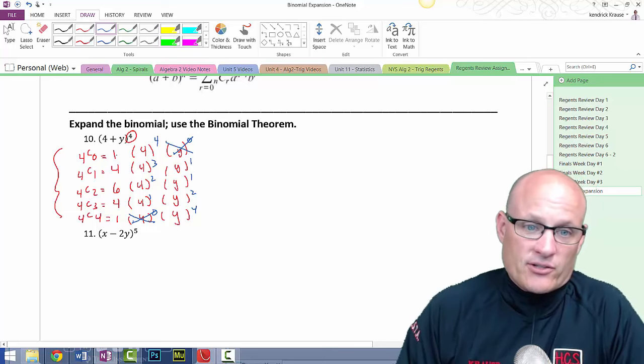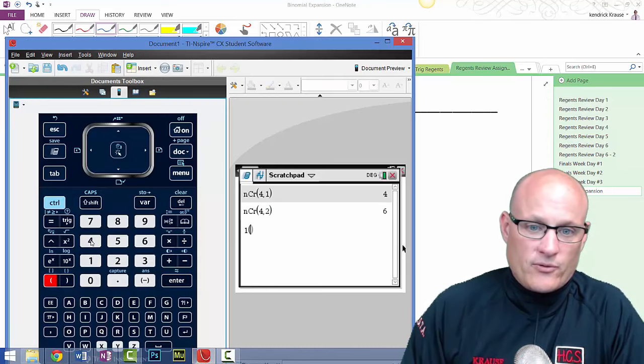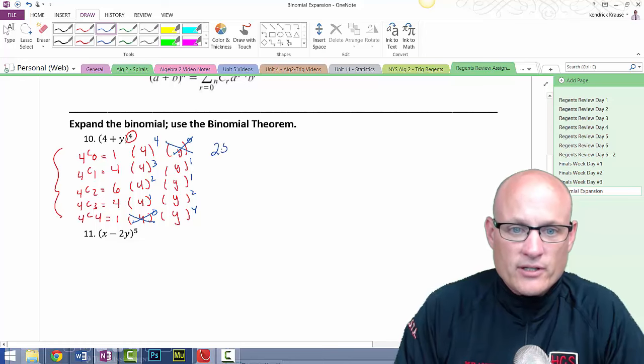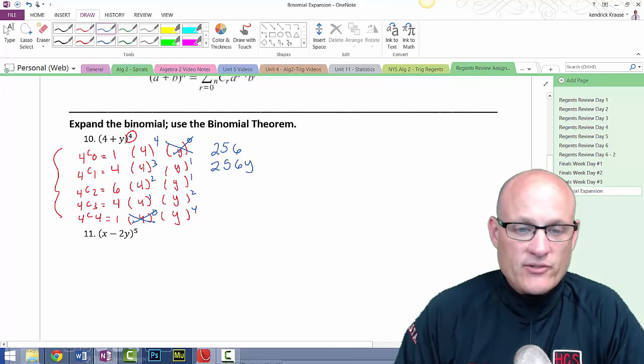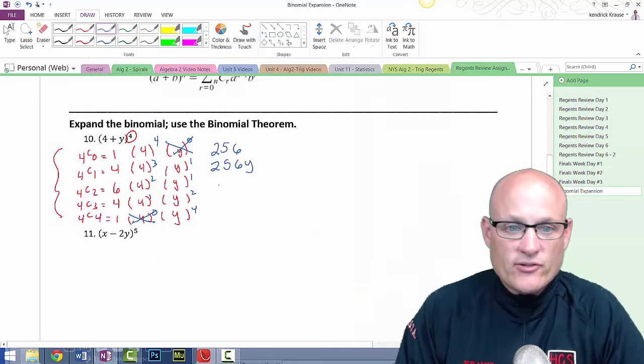So I just start here and I start typing in my calculator. 1 parenthesis 4 raised to the 4th. 256. So this becomes 256. The next one, when I type in 4 cubed, that would also give me 256, but it's 4 times 4 cubed times y to the first. Then this is going to be 6 times 4 squared, enter. So it's 96